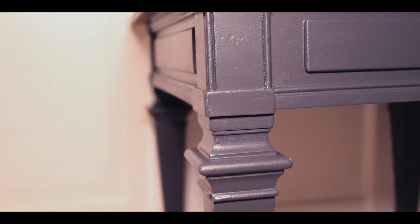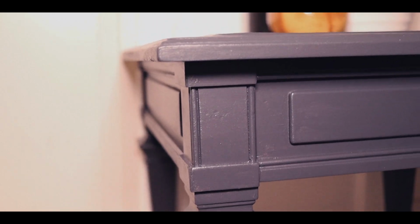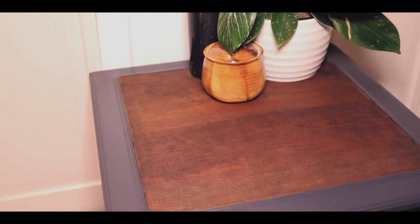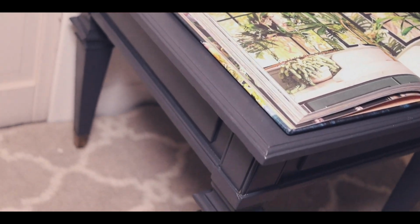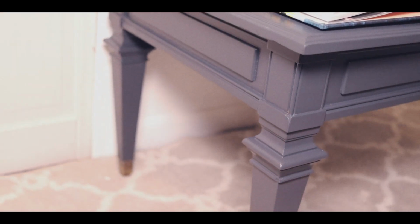I think it just makes it look so much more elegant and so much more new, but also retains that beautiful old quality of the wood grain up top. I think that this is a stunning piece, and for something that I picked up in the trash, it turned out really beautifully. Let me know in the comments down below what you would like to see next from me,